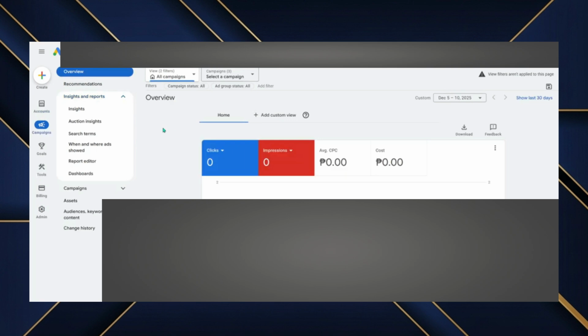In this video, I'll show you how to create experiments in Google Ads so you can test changes safely and make better decisions based on real campaign data. Experiments allow advertisers to compare different strategies, such as bidding methods, ad variations, or targeting settings, without directly affecting the